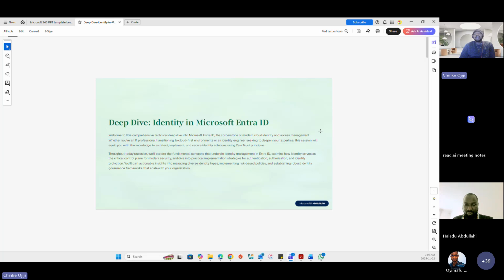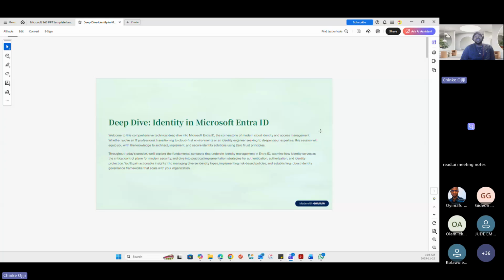So in this session, what we are going into is identity and how it is the base of cloud in Microsoft 365. Every IT professional coming into the cloud needs to understand what identity is, because identity is what will, at the end of the day, hold the data which you are going to be working with, right? And I hope that with this session, we are able to have knowledge to architect, implement, and secure identity solutions using zero trust principles, okay?